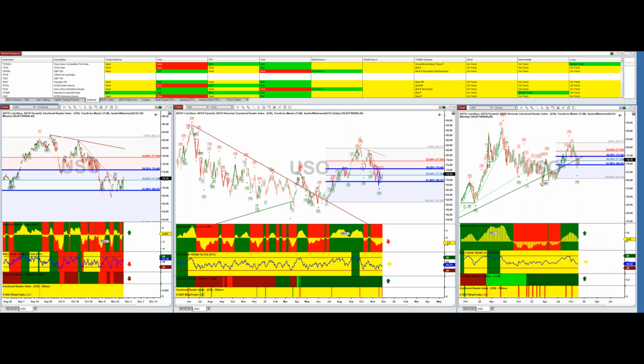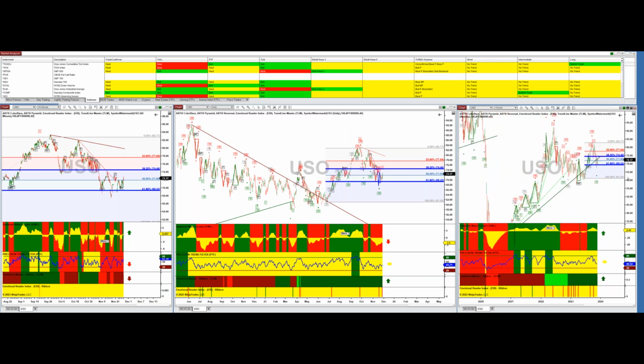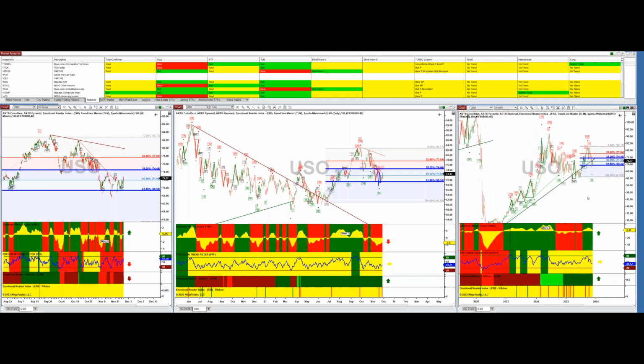So on this one here, again, stop here. You could probably put it here, and you should survive a long-term move on USO. So I'm actually thinking USO is going to go higher, probably, obviously, next year at some point. I never know really the reason why, but it should at some point go higher. All right, so that is that.